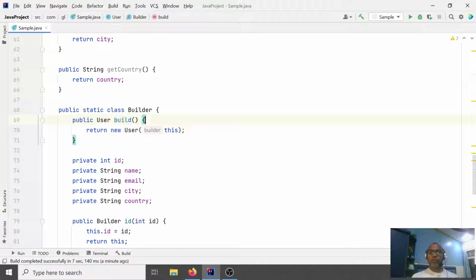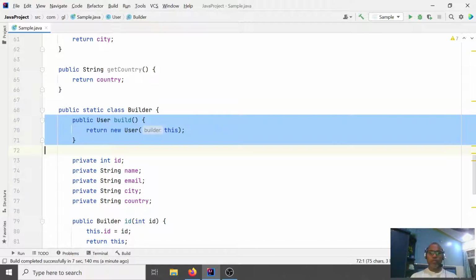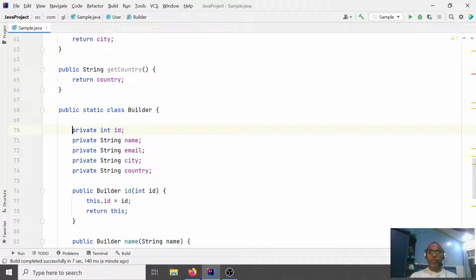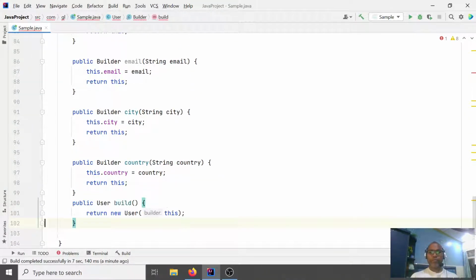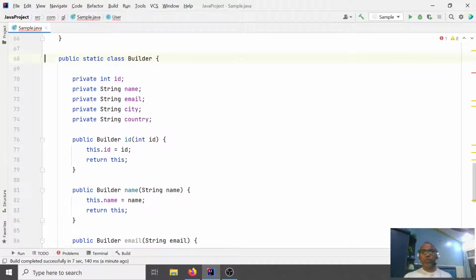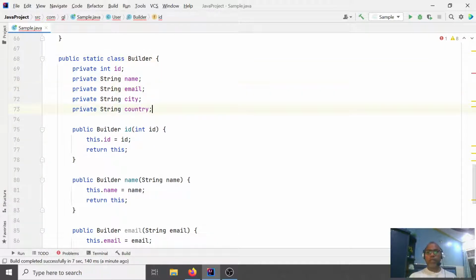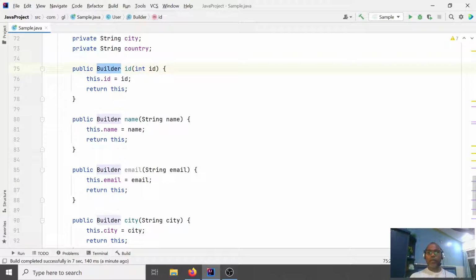It has the same set of attributes that the user class wants to set, and you have builder methods like id, name, email, city, and all of these methods have a return type of the builder class itself, and all return this object.